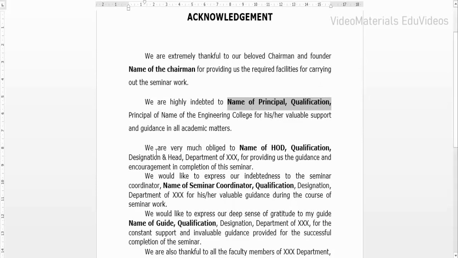Then I need to apply the same kind of formatting for this particular paragraph also.